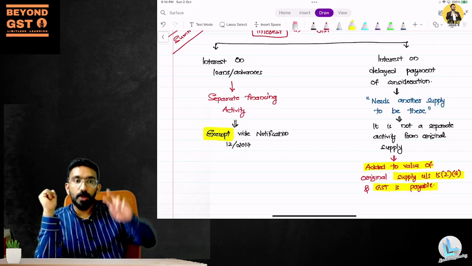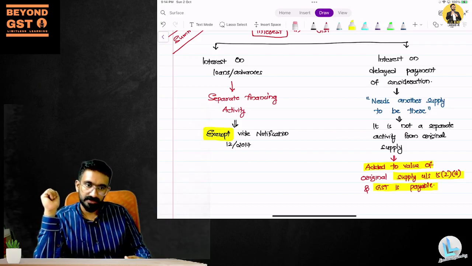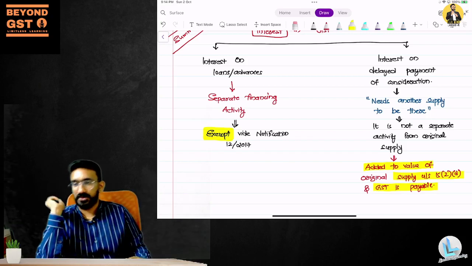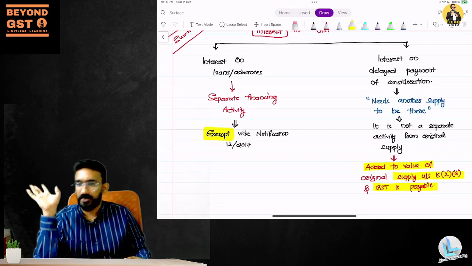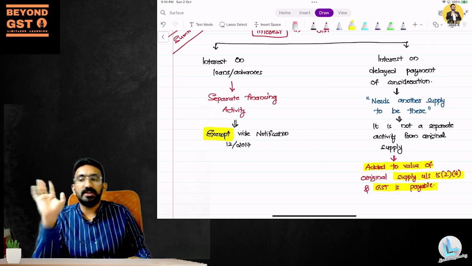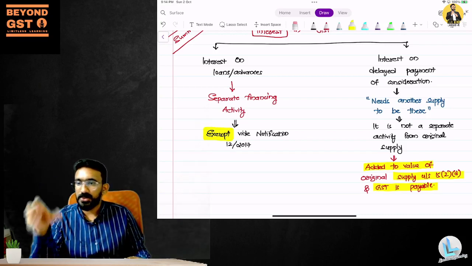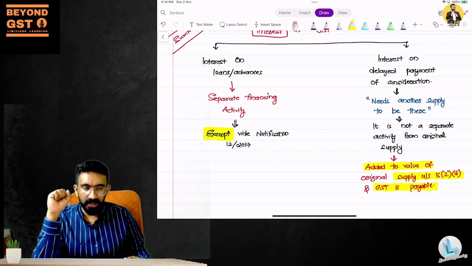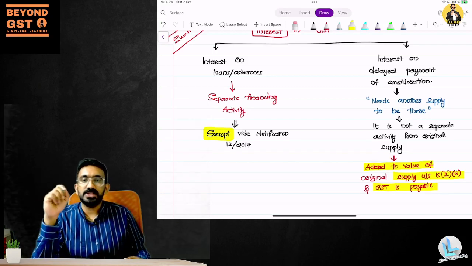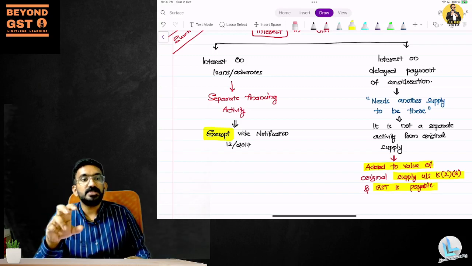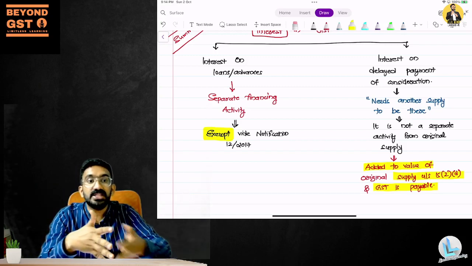She wants to buy a mobile phone for 50,000. So instead of taking money from me, she's saying, give me the mobile phone. So I gave her a mobile phone and she does not have money to pay. She says that I'll pay you after 6 months. Now she's supposed to pay me 50,000. After 6 months, she's paying me 50,000 plus some interest because she has delayed on paying consideration for